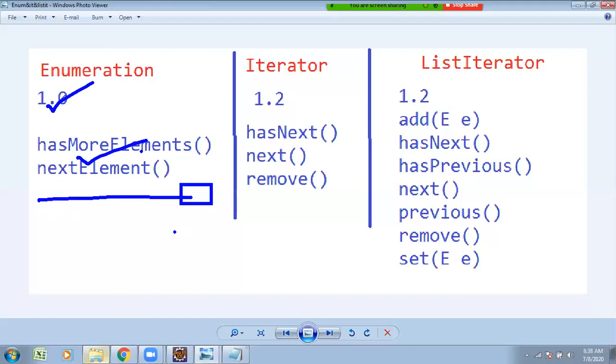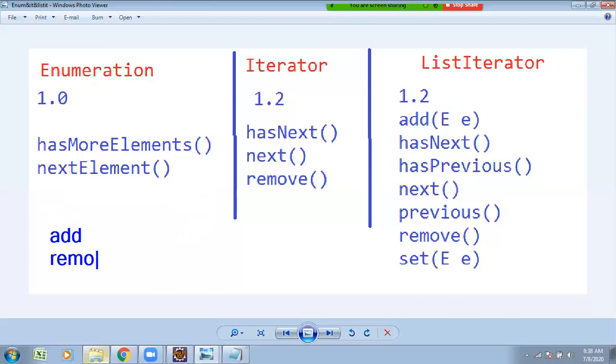What are the disadvantages here? It does not support adding the elements, removing the elements. Adding is not possible, removing is not possible, replacement is not possible.